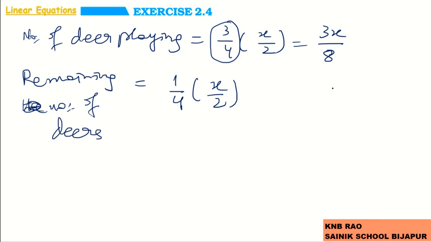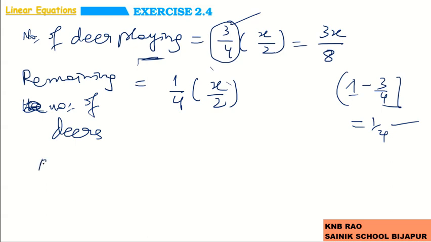So how will I get it from 1? If I take out 3/4, it will give 1/4. These are playing, 3/4 are playing out of whatever. So the rest is 1/4. From 1 full, if you take out 3/4, you will get 1/4. So 1/4 of this, but